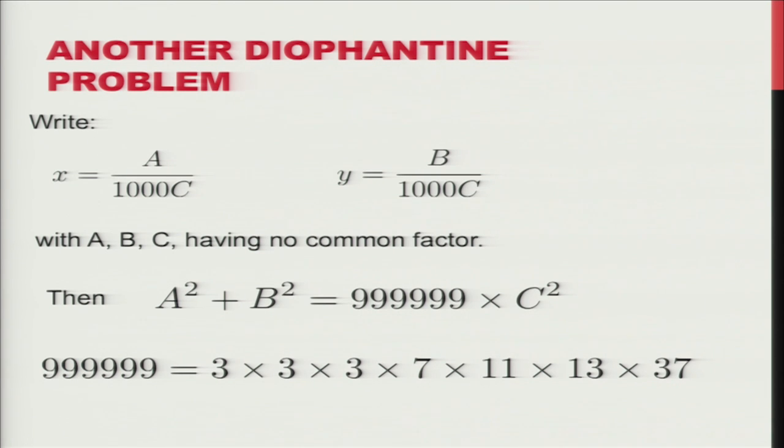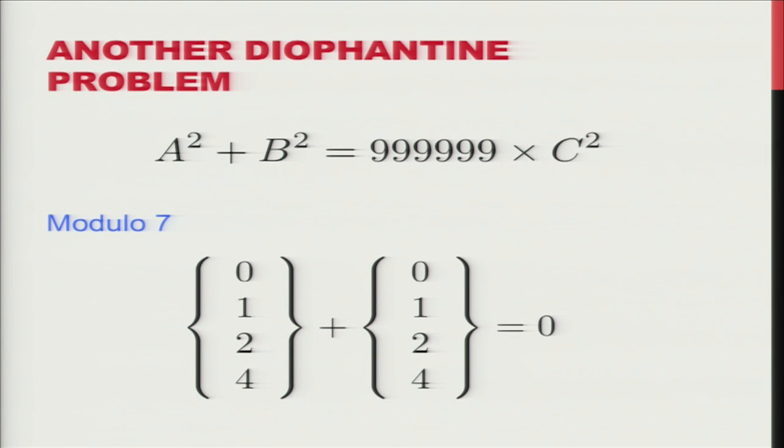Now, if this equation holds in the usual integers on the usual infinite number line, it will hold modulo 7, just as Jacob was explaining that you can prove things about the usual integers, or in this case the rational numbers, by generalizing to the ring of integers modulo 7. So if this equation holds, it also holds modulo 7, and I get the equation a squared plus b squared is 0 modulo 7, because 7 divides